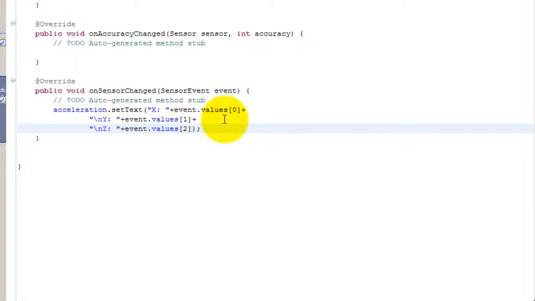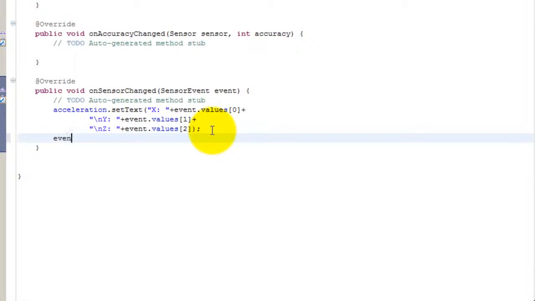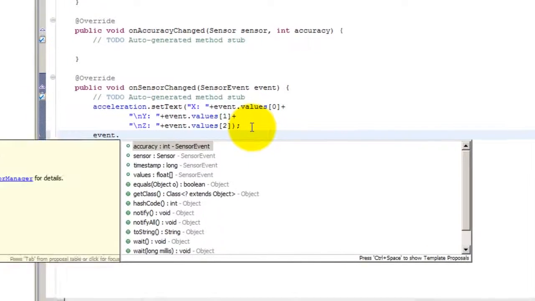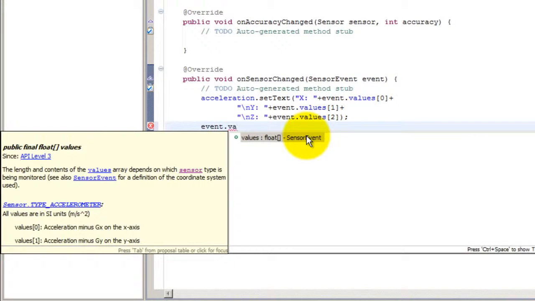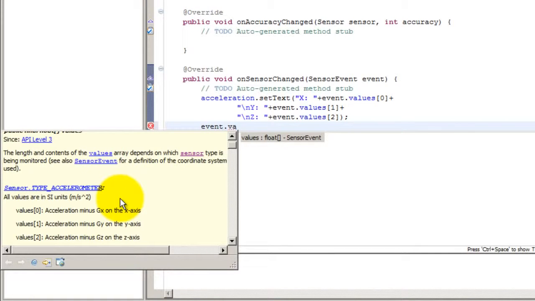So that's the application. Go ahead and run it, and you should be able to get the same result that I had earlier. Now, you might be wondering how I knew that I was gonna have to use an array and all that. If you type event, you get a description here for the values variable, and right on the first sensor description, it tells you